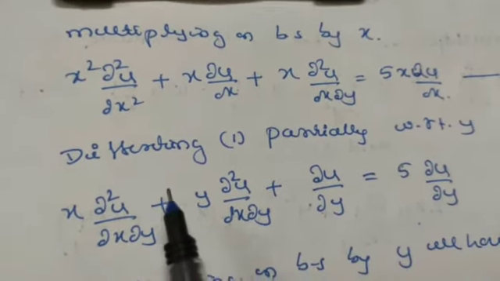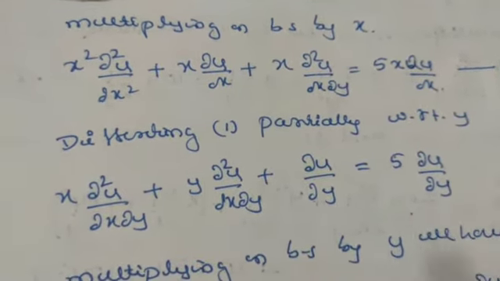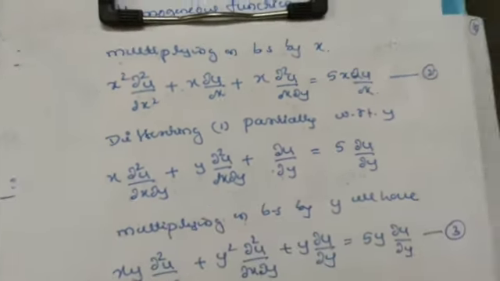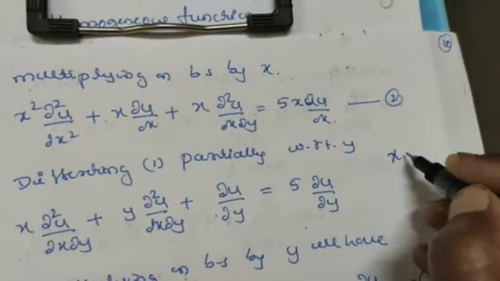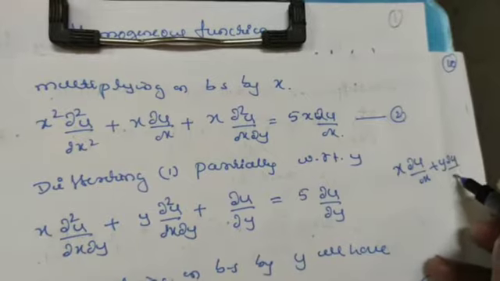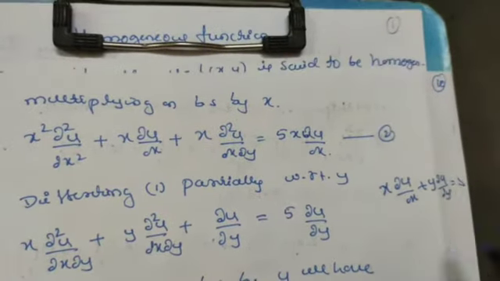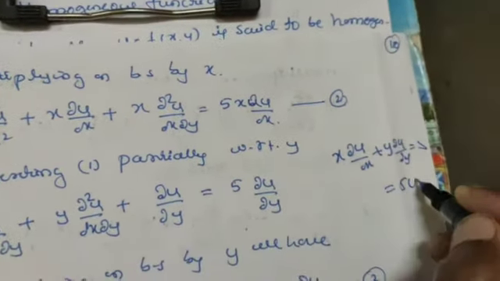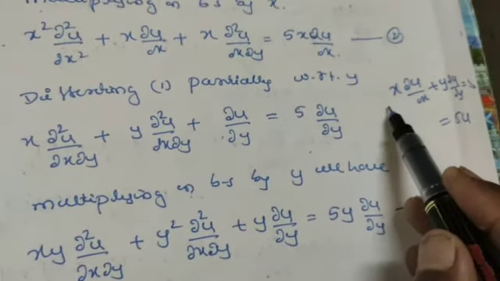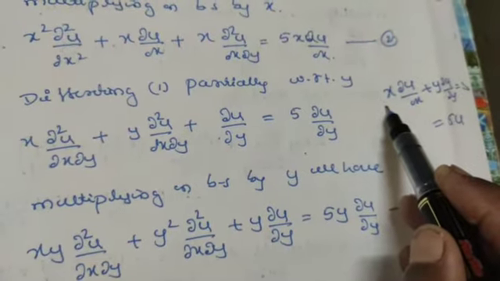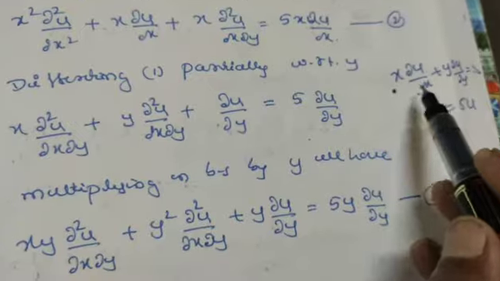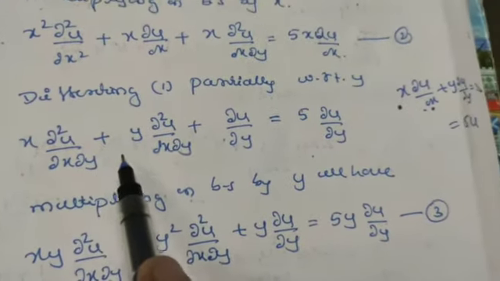And let us differentiate equation 1 partially with respect to y. So you know equation 1 is x into ∂u/∂x plus y into ∂u/∂y is equal to 5u. So let us differentiate this partially with respect to y. This x, you have to treat as constant, and the derivative of ∂u/∂x partially with respect to y is ∂²u/∂x∂y. Then plus,